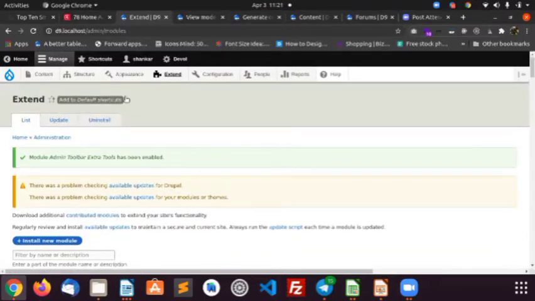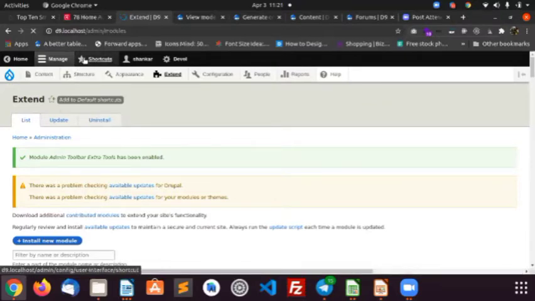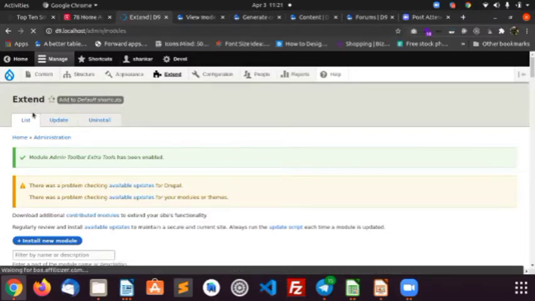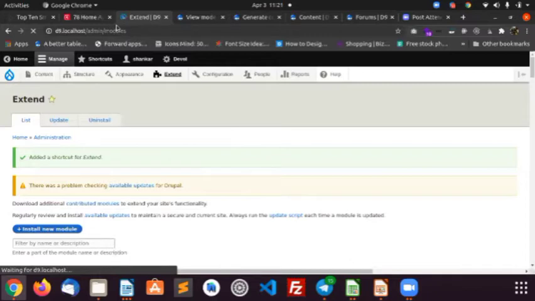When you are going to any pages that you visit very often, you can mark it with Add to shortcut. This is the icon we have to use. Once it is added to the default shortcuts, it will be available in the shortcuts area. I have enabled it in the shortcuts for this page. It's loading. Actually, on my local system, it takes more time. Yeah, I think it's loaded.